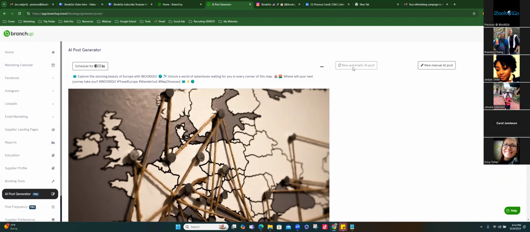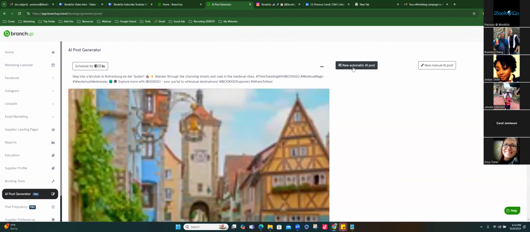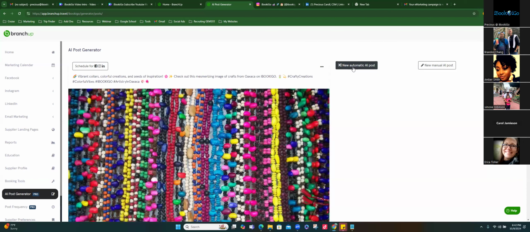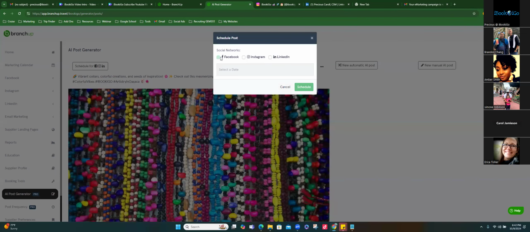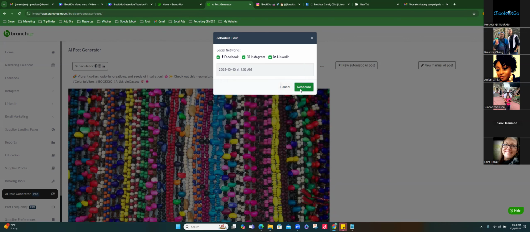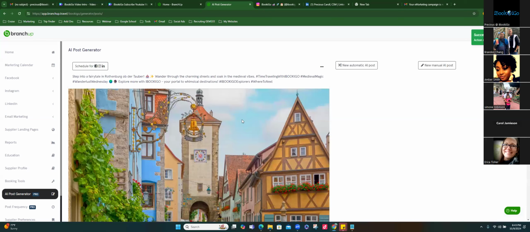All right, so it's been 2 minutes. I'll do like one more. Okay. Vibrant colors, colorful creations, and seeds of inspiration. Check out this mesmerizing image of crafts from Oaxaca on iBook iGo. Crafty creations, colorful vibes, iBook iGo, artsy, and Oaxaca. Okay, yeah. So I'm going to hit the schedule button and I'm sending it everywhere. Schedule a date, the 10th. And I'm going to make it be like 8:52 a.m. Schedule 1,